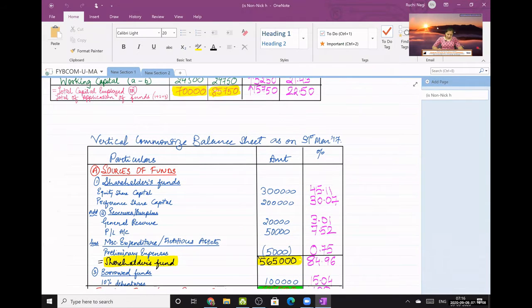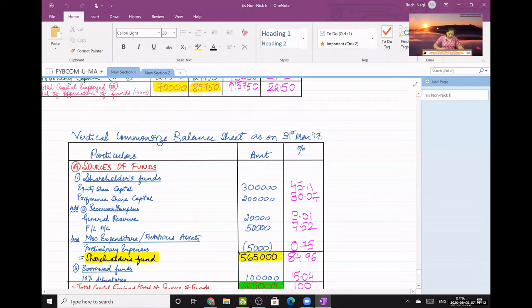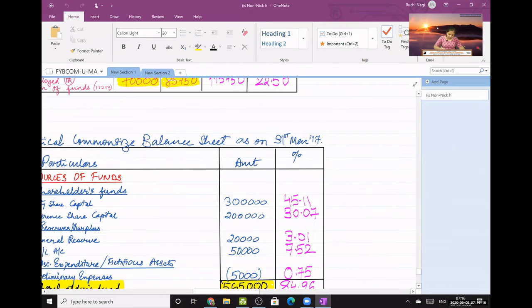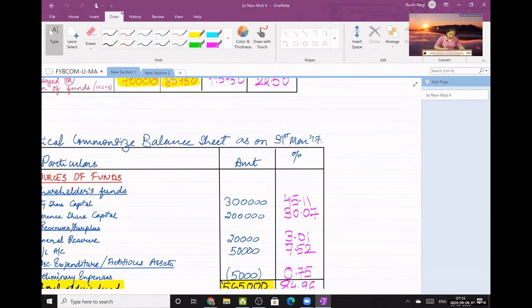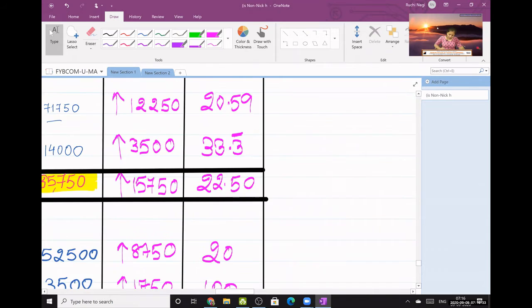What formula did we use for this? I'll write that formula so that it gives you a brief about what and how it is to be calculated. Okay? Let me put it here. How did we calculate this column, students? Just have a look. It was the formula